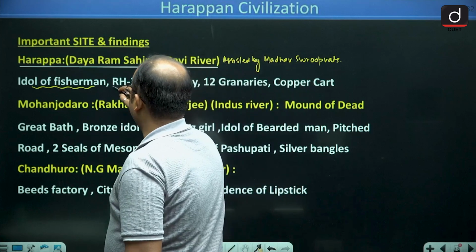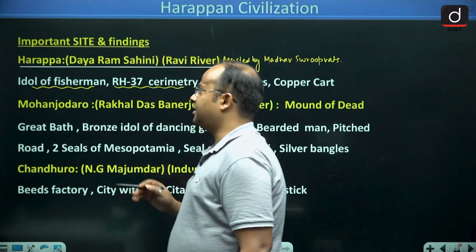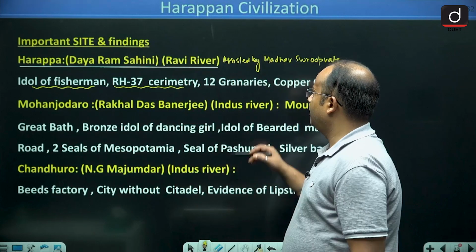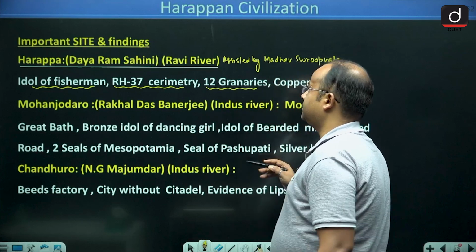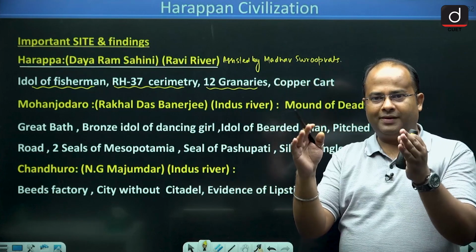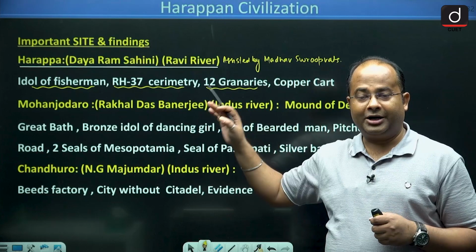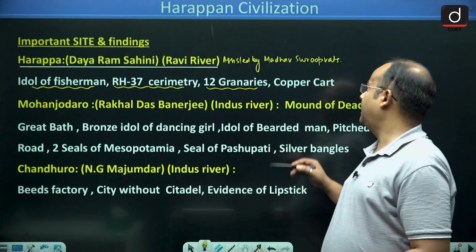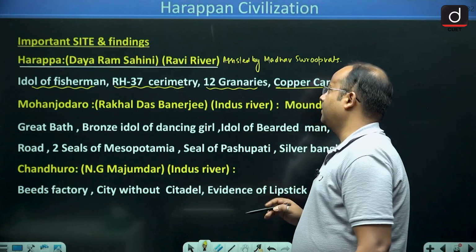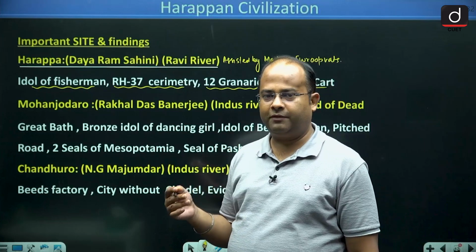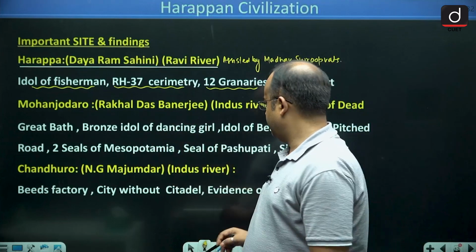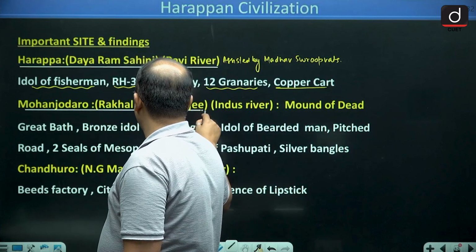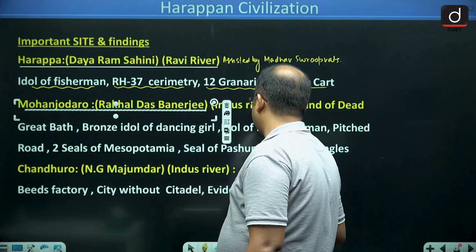Then we have found the RS-37 crematory, in which the dead bodies are kept. 12 granaries, 6 in 2 rows. That shows the agricultural surplus. And then we have found the copper cart, so copper was an element which was being found. Next site is Mohenjodaro, which was found by Rakhal Das Banerjee in 1922,